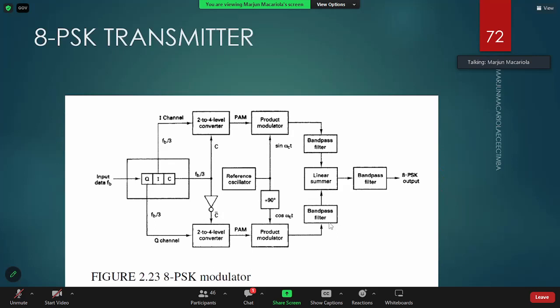Here, in the next slide, we're going to analyze how an 8 PSK transmitter works. Okay? So we have 3 channels. In QPSK, we only have 2 channels, which are the Q and I. So in 8 PSK,